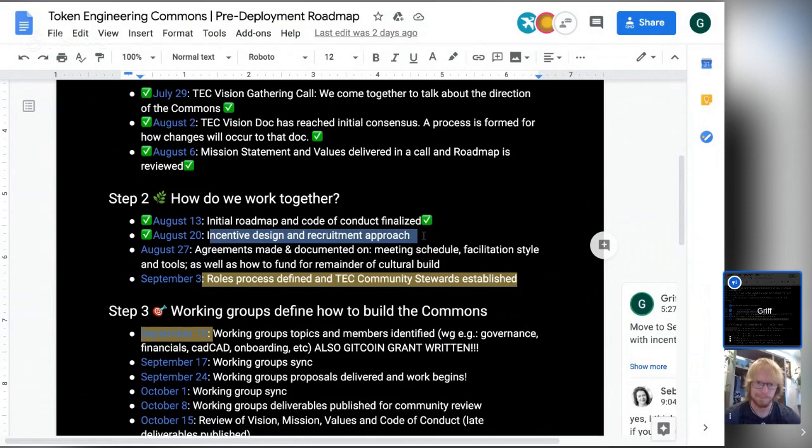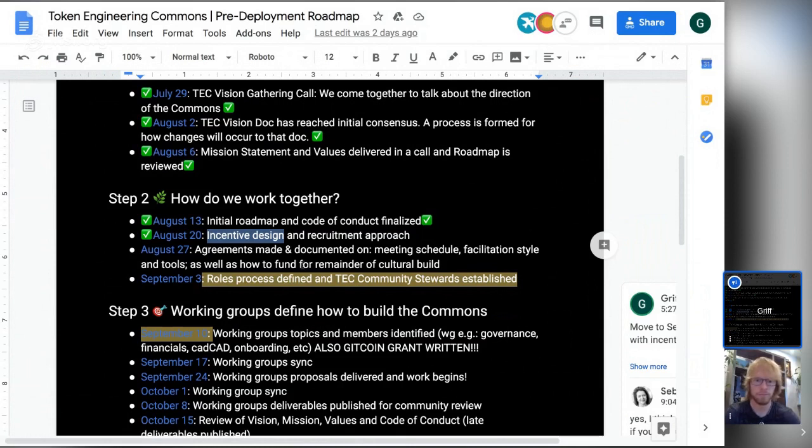So we're coming up with an approach of how we reward the people who are doing all this startup work for creating a really fun and working culture before the money starts coming in. And so we have a cultural tribute plan. If you want to see how we're going to actually acknowledge and reward contributors to this project, there's a proposal being voted on right now in the TE Commons Discord. So go check it out.